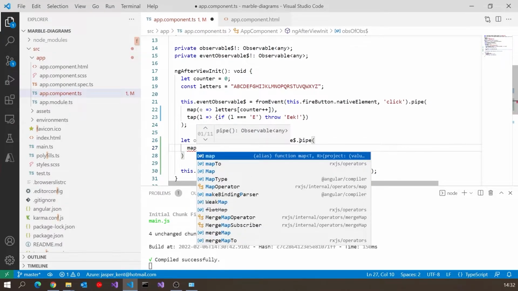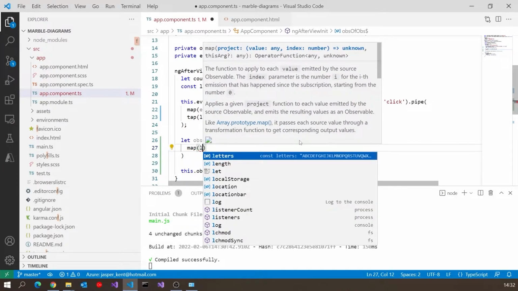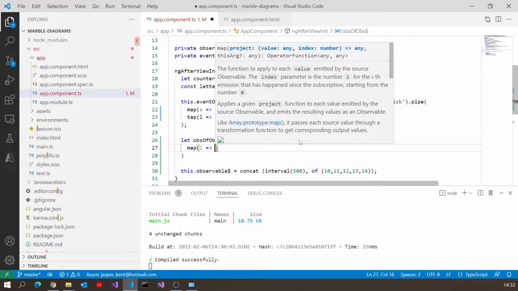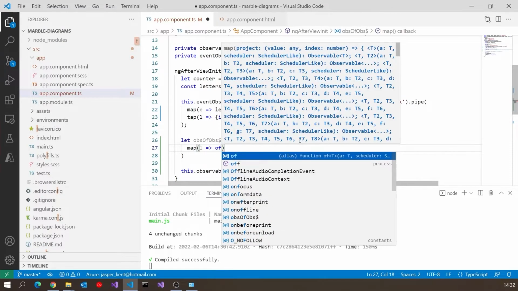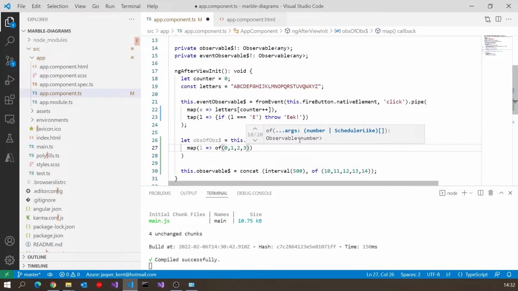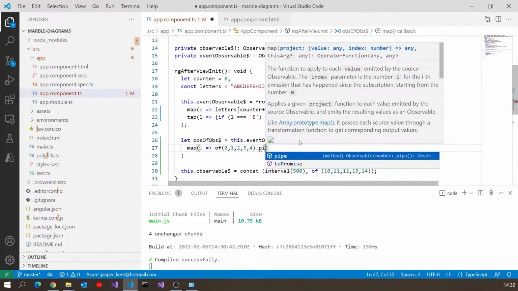and then in the pipe I'm going to do a map, and this is where we get the observable of observables, because in here I'm going to take my letter, which remember is coming out of the event, it just goes A, B, C, D, and then I'm going to say return, and then I'm going to use of, the one that we've seen before, and then I'm going to pipe that.